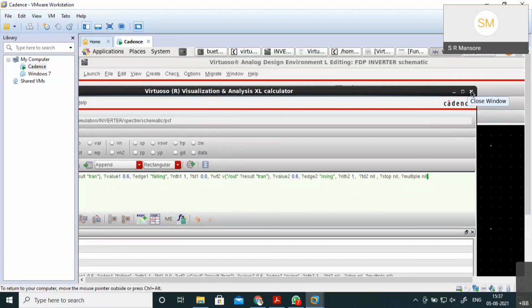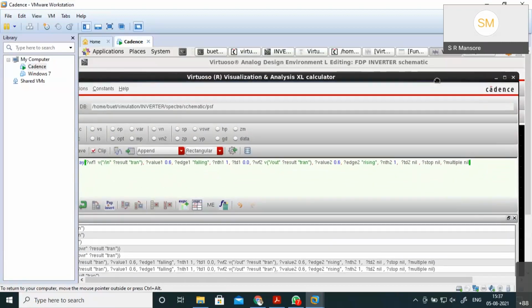Yes, sir. So suppose I want to calculate power between a certain time duration, T1 to T2. Power consumption between a certain time duration, that is T1 to T2, say for rise time or fall time, the duration between them. So only that power dissipation for that duration. Yeah, you can see, sir. Yeah, let me explain here.